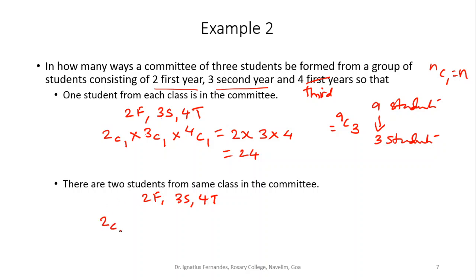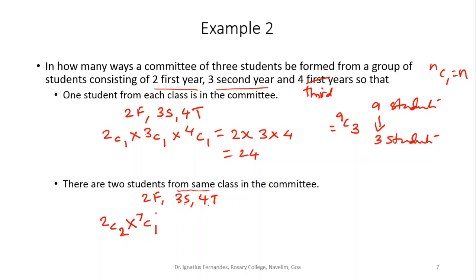So if I go for 2 students from the first year, remember this is a committee of 3 students. So I have to select another member, and that member should come from either the second year or third year. So anyone from the 7. So we take this third member from the 7 remaining students. So I'll say 7C1. So I take 2 from first year, and so I'm saying "and", so I'm multiplying, and 1 from the remaining 7 students of second year and third year.